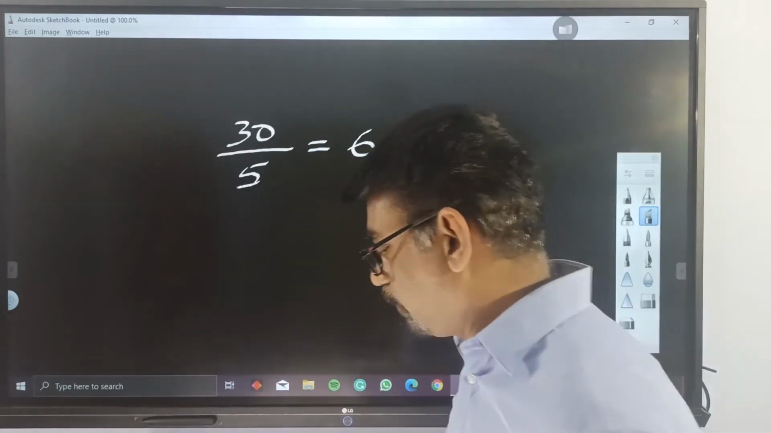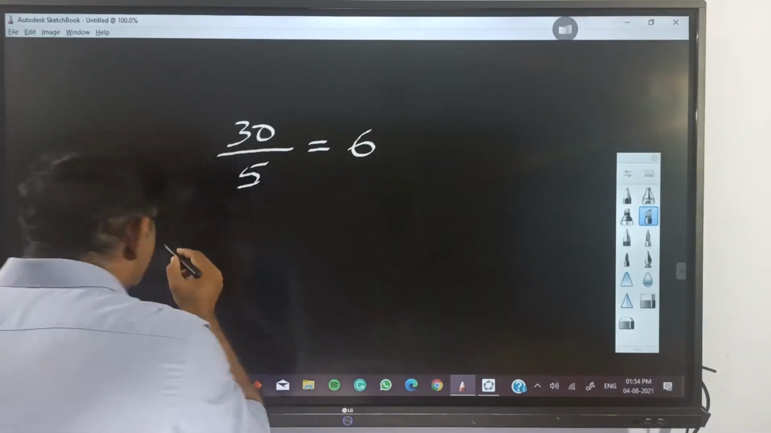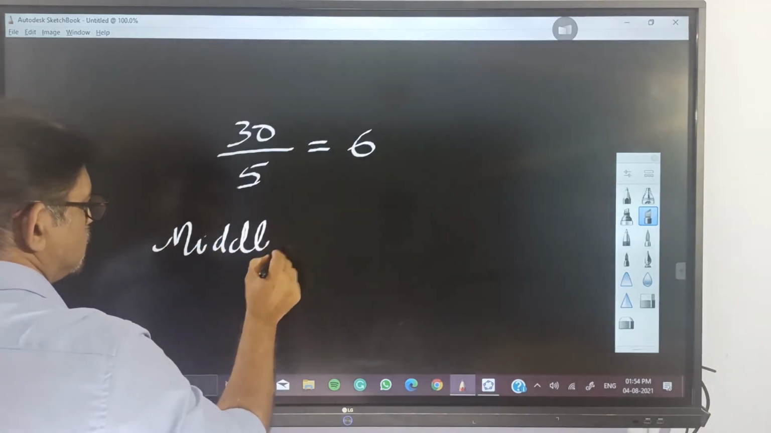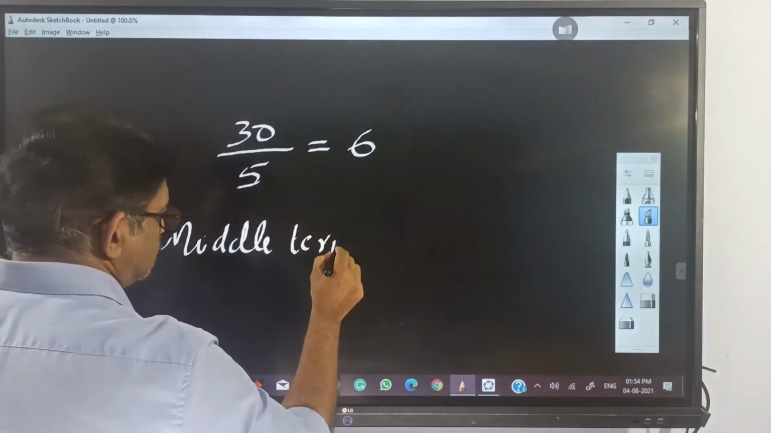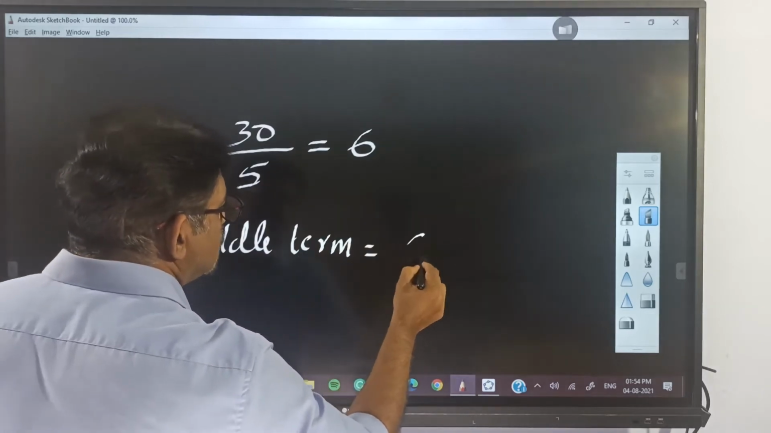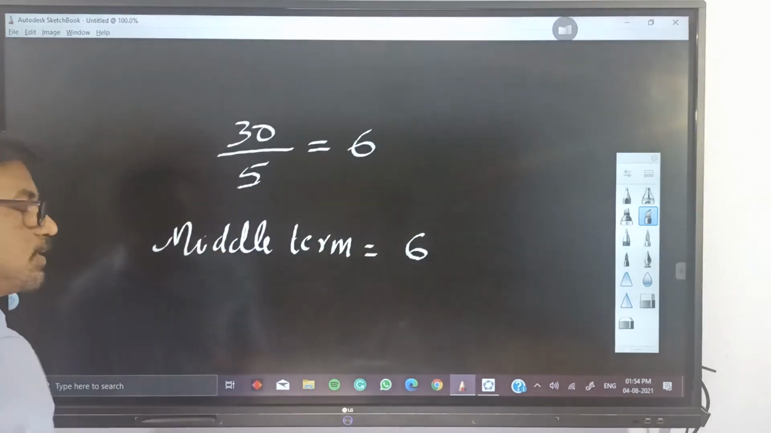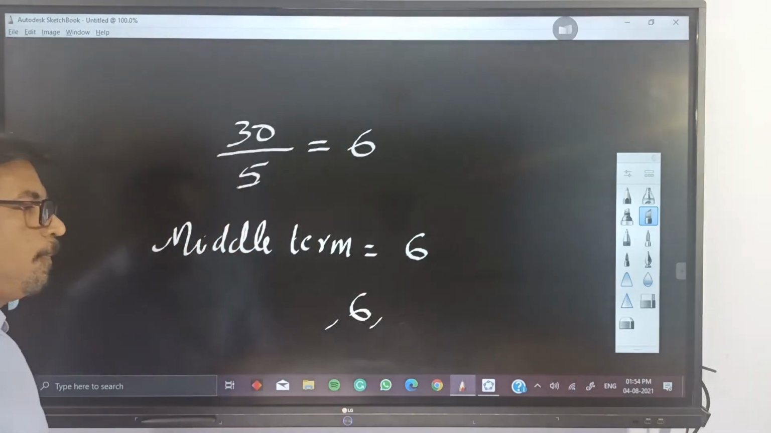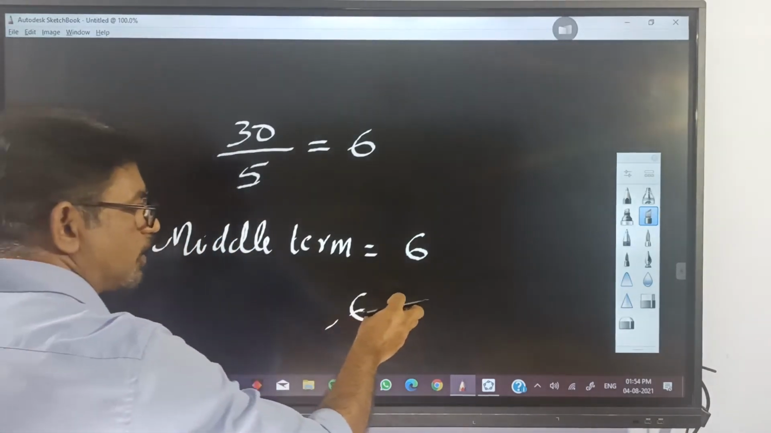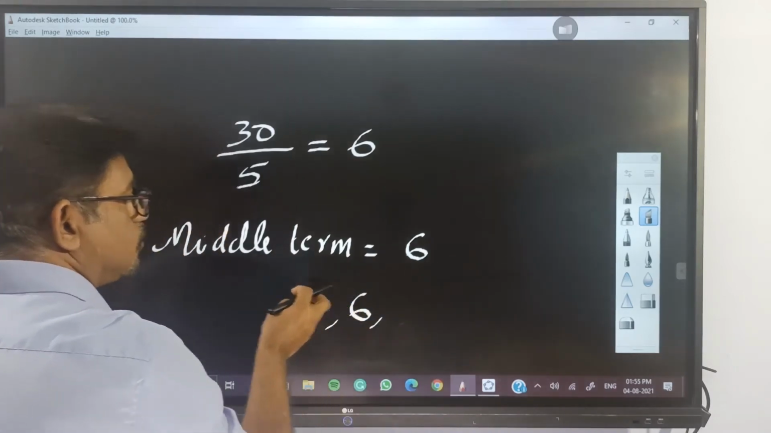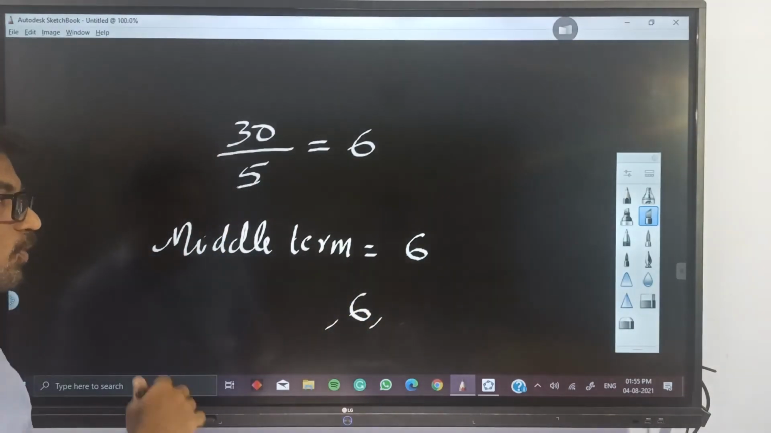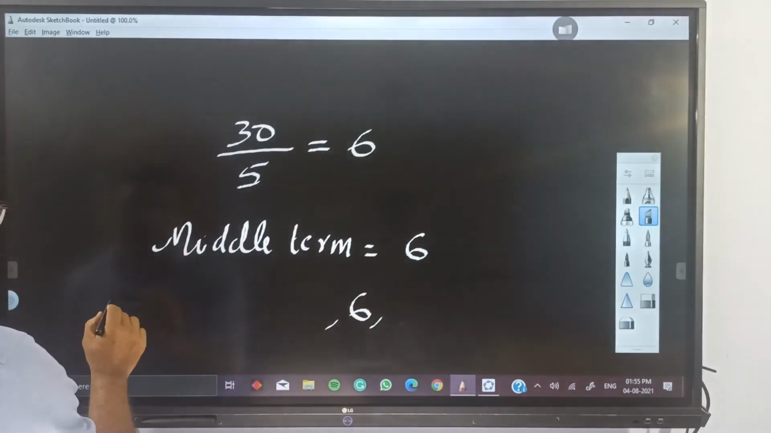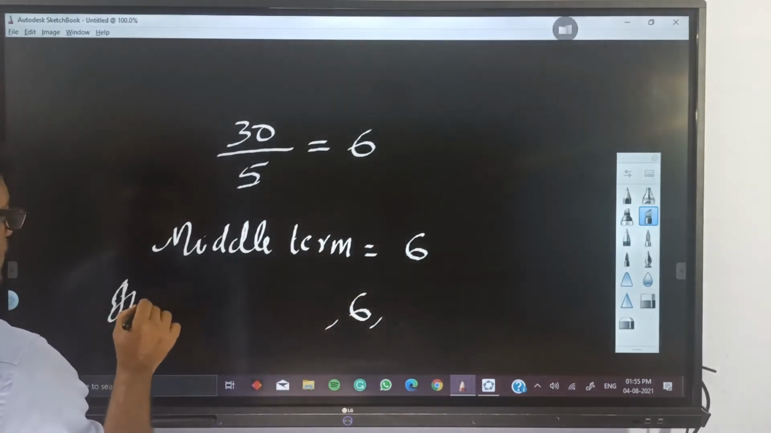So in the next step you have to write middle term is equal to 6. Middle term is equal to 6. So we can write the middle term. This is the middle term. Okay. So we have to write 2 more on the other side and 2 more on this side. So if we choose this common difference, you just write if d is equal to